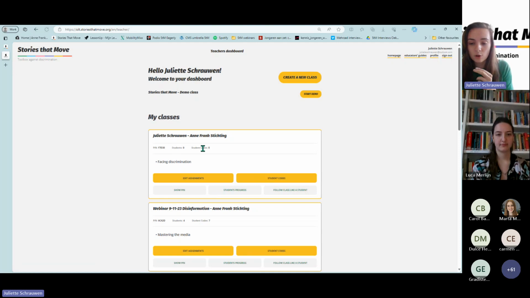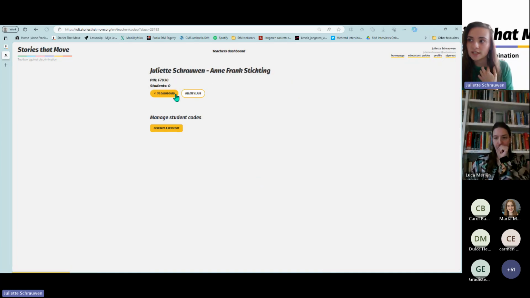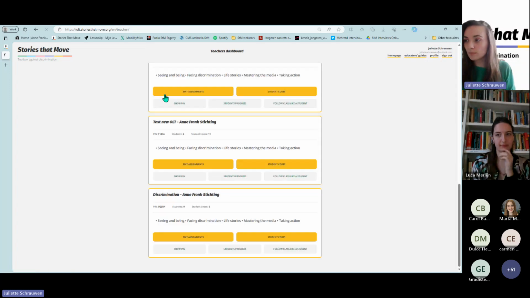So we have two different options, because we know not all students in all schools have the ability to log in with a student email or their own email. That's why we created student codes. You can click on that and create a code, and then share this code with your students so they can log in that way. Then they don't need an email address. It's just an easier way for you to use the tool if that's not a possibility.